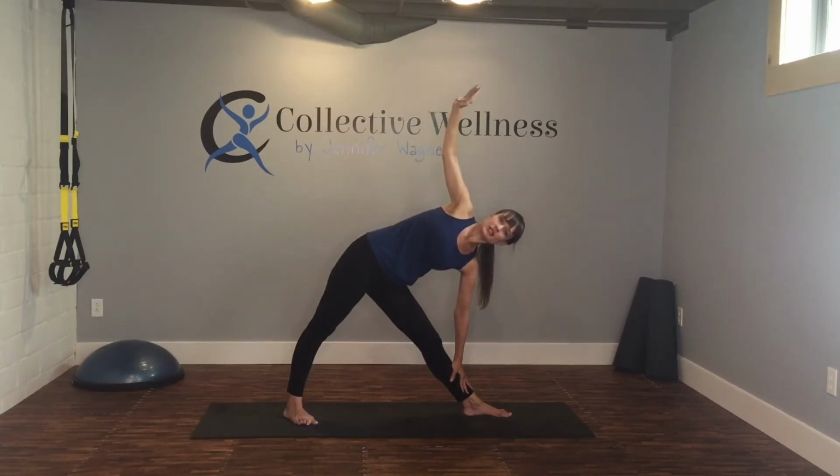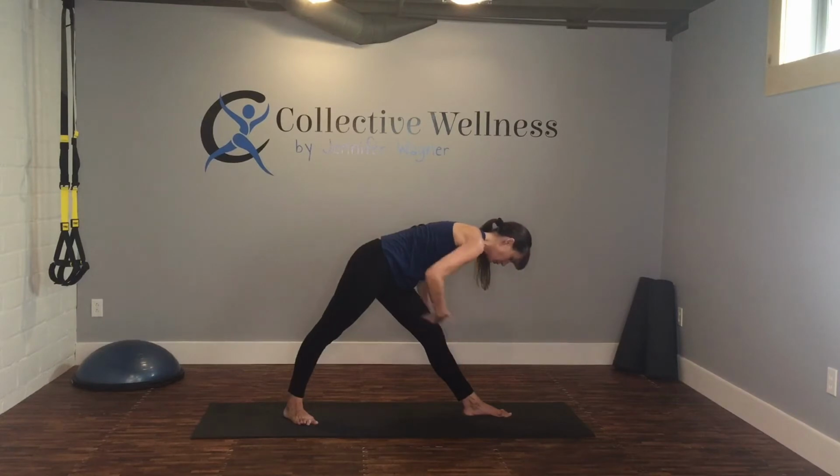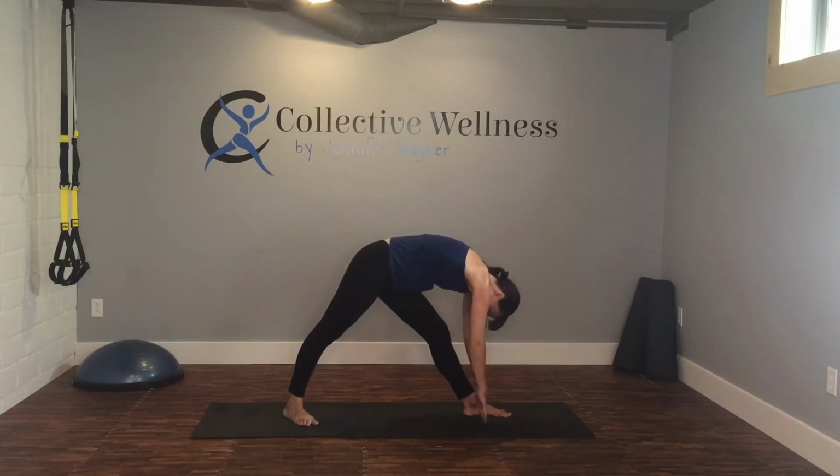We're going to go into pyramid now. So your left hand is going to come down. You're going to rotate your chest and hips facing your right leg. Both legs are straight as you lower your head and your chest, and then your hands on either side of your leg. Inhale